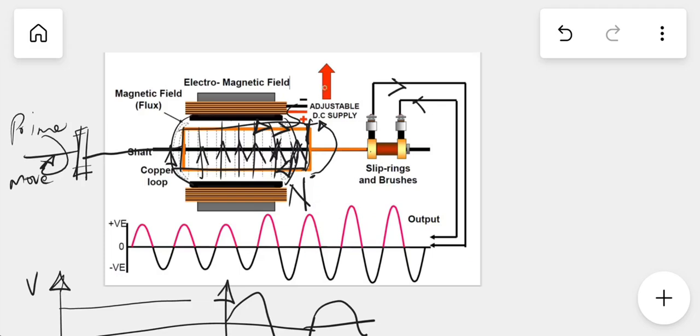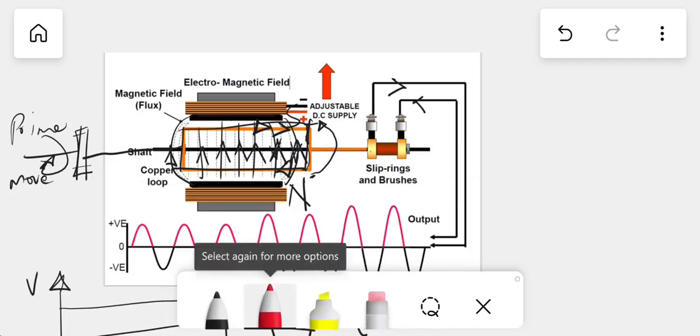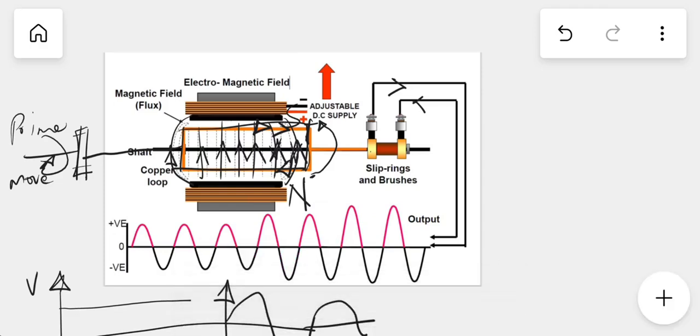After this conductor has reached this point up, the current, using Fleming's hand rule, remember in generators we refer to the right hand, and in motors we refer to the left hand. So if you refer to the right hand, you will definitely identify which side the current generated within the coil is moving, its direction. So for example, if I'm to use a red color ring,